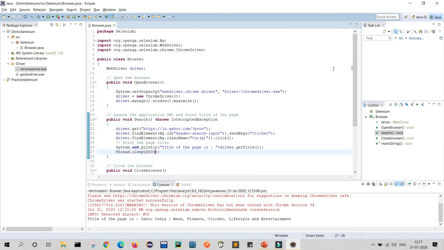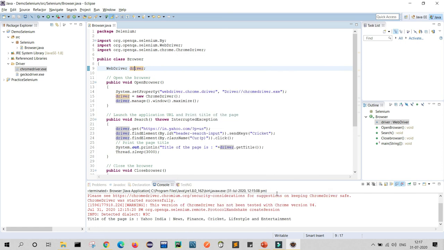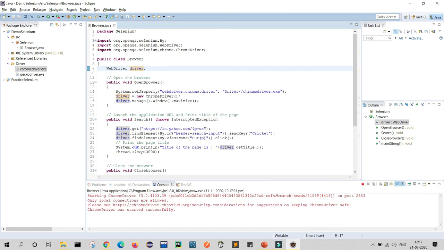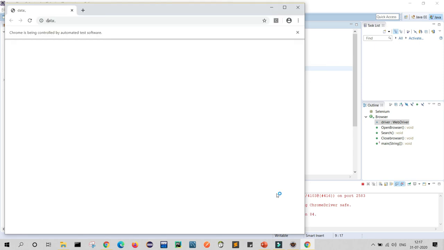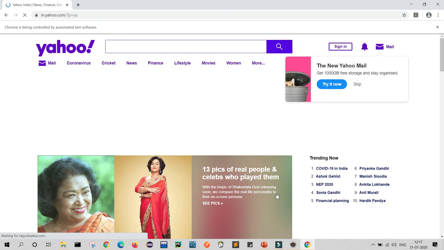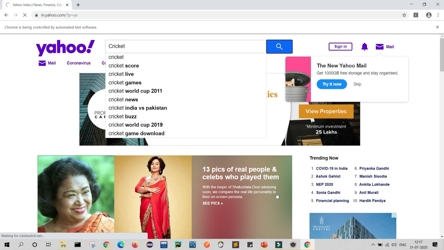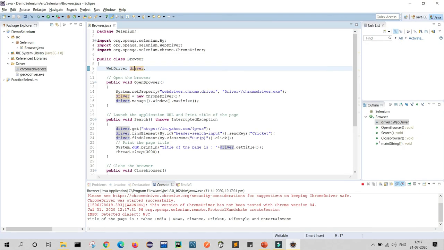Save, and again we will run it once. Right click, run as Java application, and let's see what happens. It is starting Chrome, maximizing my window, hitting the application URL, typing cricket, and clicking on the search button. So it is also displaying the page. Now I will increase the time to 6 seconds, and you can run it again.